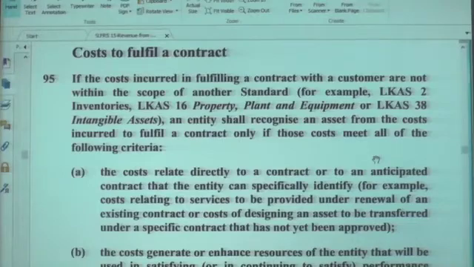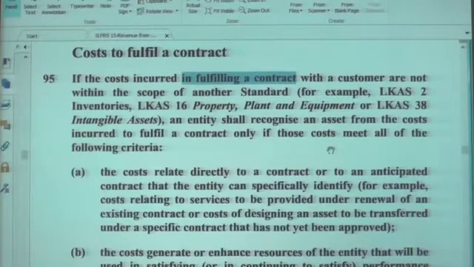You have to start a project proposal from the starting point, from the project proposal point. You have cost on this contract. Clear? Some cost can be accounted as LKS 16 PPE or LKS 38 intangible asset. Clear? However, labor, material and other startup costs, promotional expenses, meeting expenses, transport expenses, you don't have a specific standard to account. That's why here they have mentioned, if the cost incurred in fulfilling the contract, underline this word, fulfilling